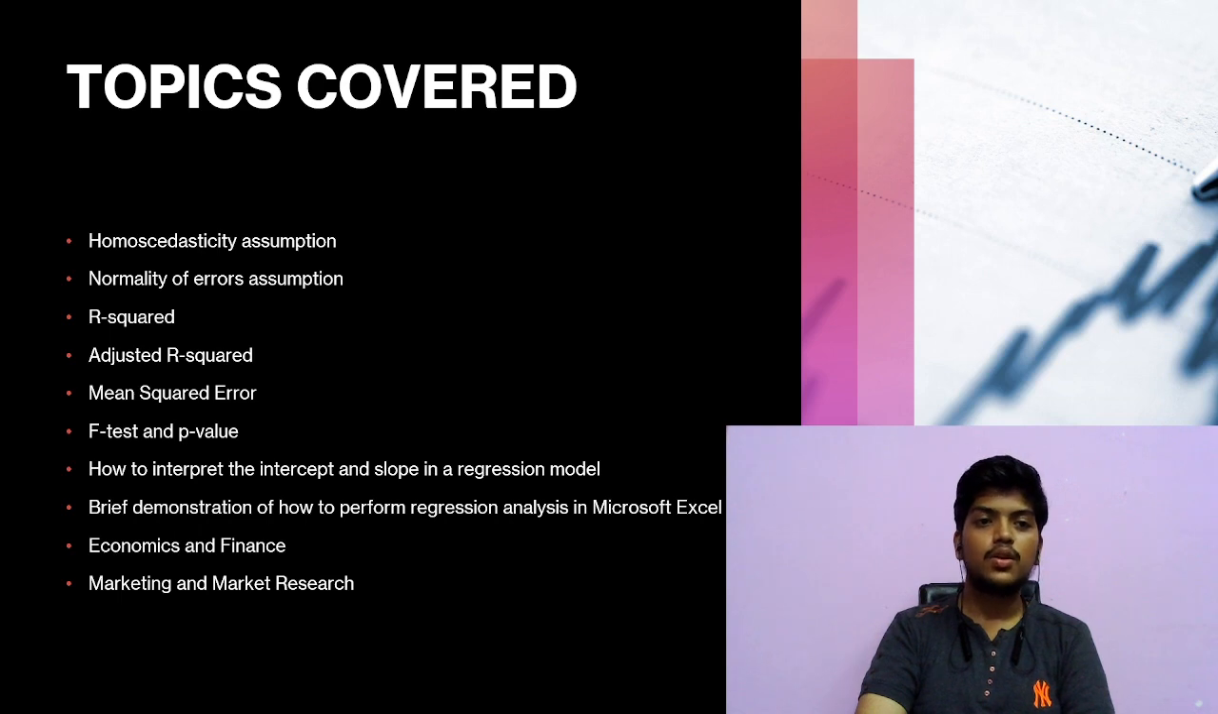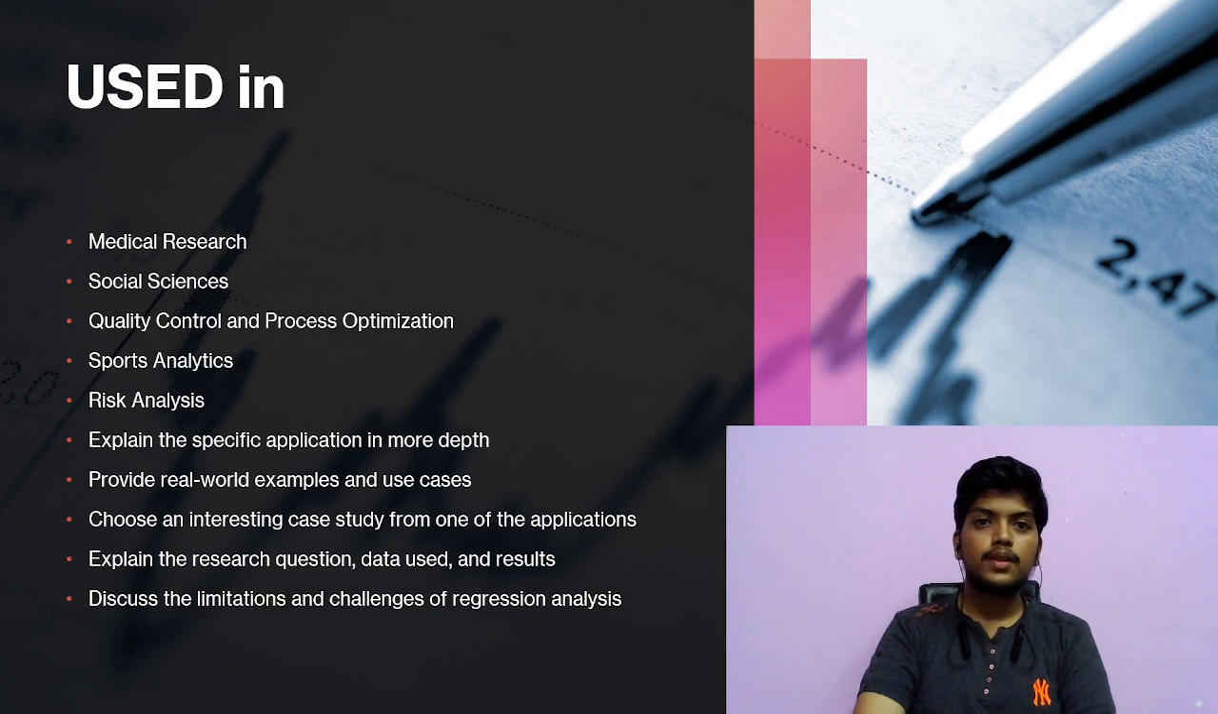homoscedasticity assumption, normality of errors assumption, R squared, adjusted R squared, mean squared error, F test and p value, intercept and slope in a regression model, briefly demonstrate how to perform regression analysis in MS Excel, economics and finance, marketing and market research. Basically, it's used in medical research, social science, quality control and process optimization, sports analytics, risk analytics,